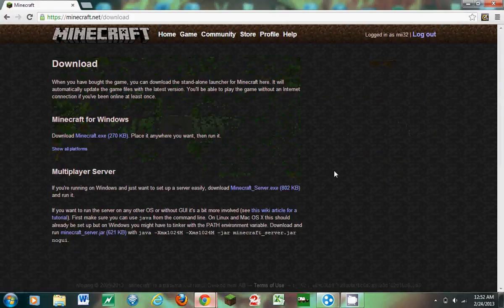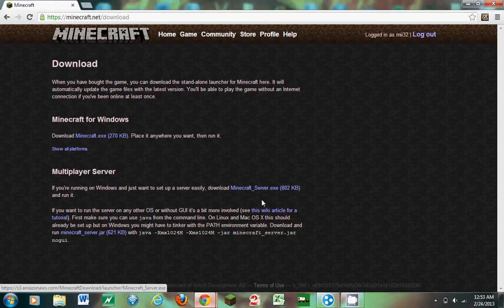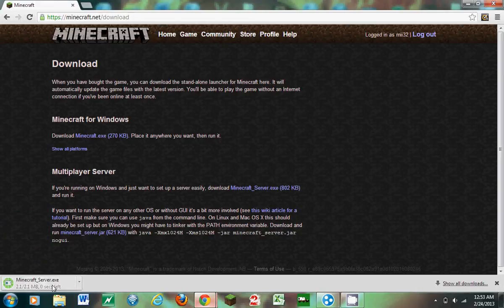Click download now after you signed in to a Mojang account. You need a Mojang account to be able to download this. However, you do not need a Mojang account to run it. Someone could easily download it for you on your computer and just log out of Mojang. That was simple. So you download this, you wait for it to download,